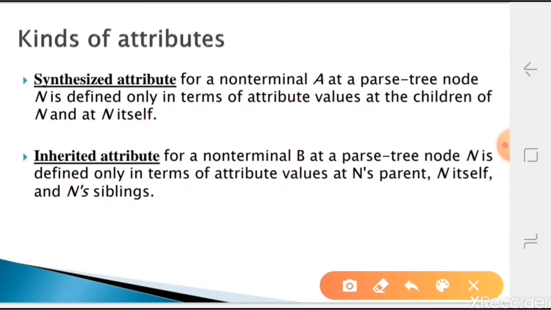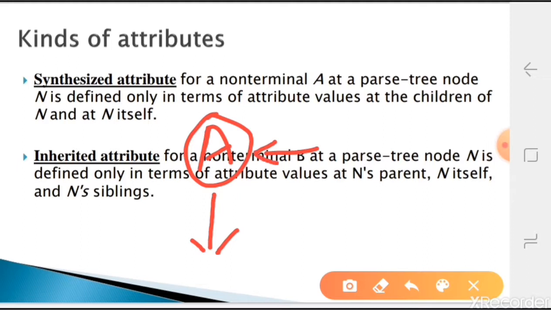Synthesized is nothing but, if I have a non-terminal A in a parse tree and I have to evaluate A's attributes, and I can evaluate values that depend on its children or itself, we say it is synthesized. If the attribute of A is evaluated by itself or by its child nodes, then A is a synthesized one.